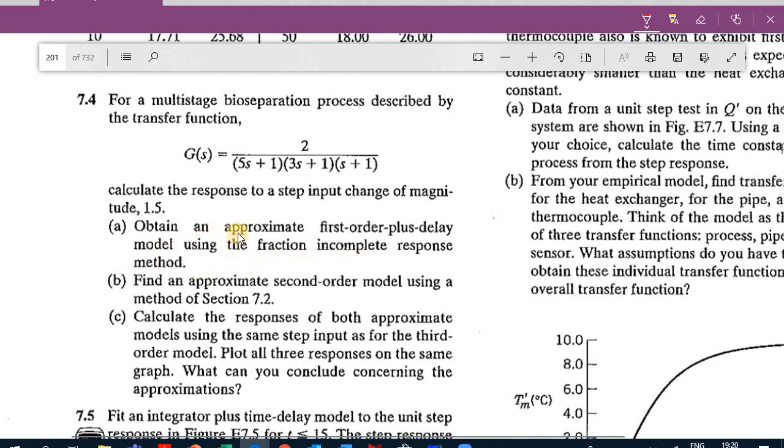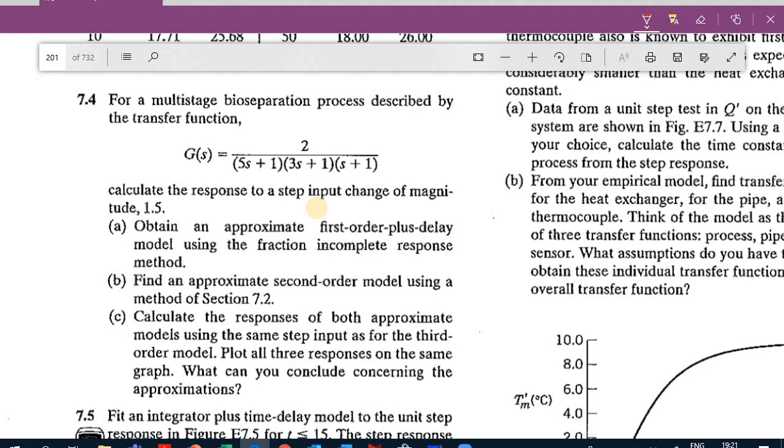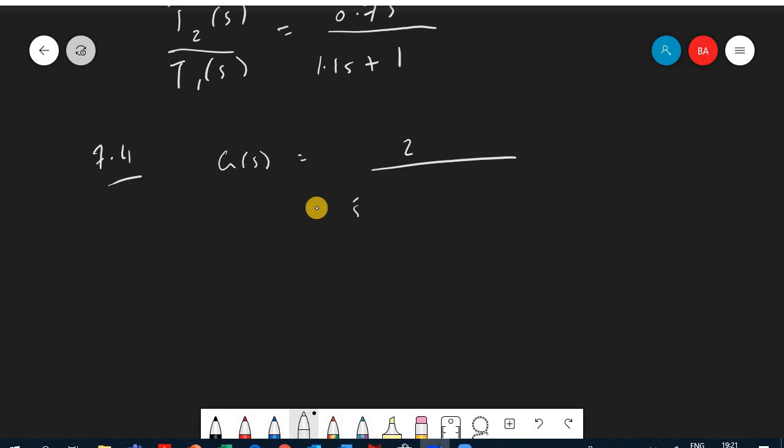We didn't take the fraction incomplete response method, but we have the other methods. So we are going to fit with other methods to this multi-stage bioseparation process transfer function. So what do we have in 7.4? We have g of s is equal to 2 over (5s plus 1)(3s plus 1)(s plus 1). So fitting to a first order plus dead time,